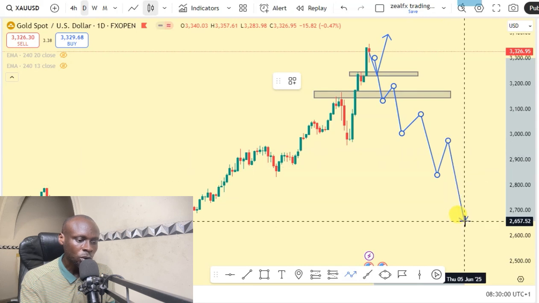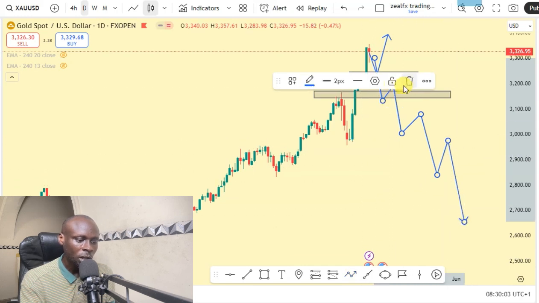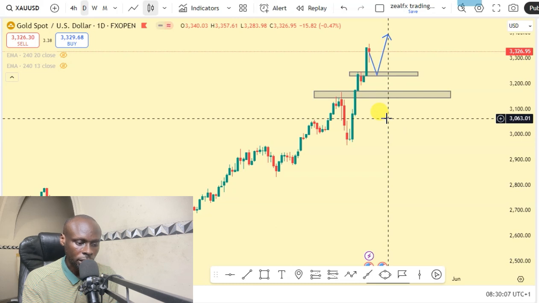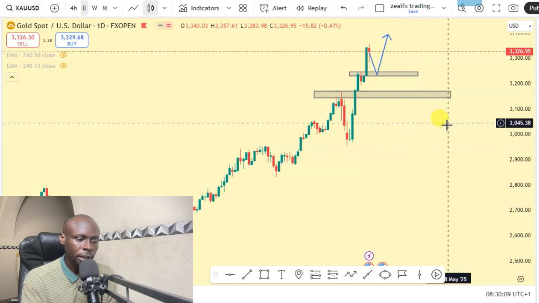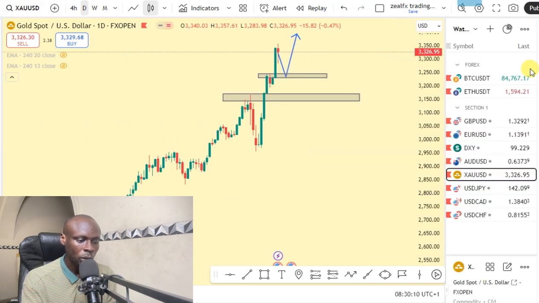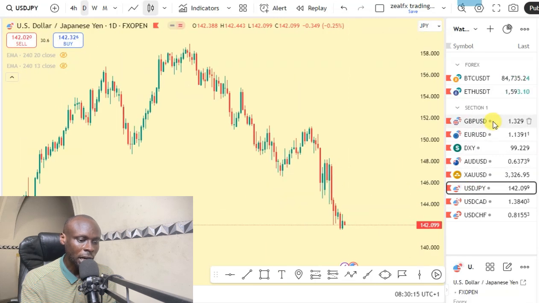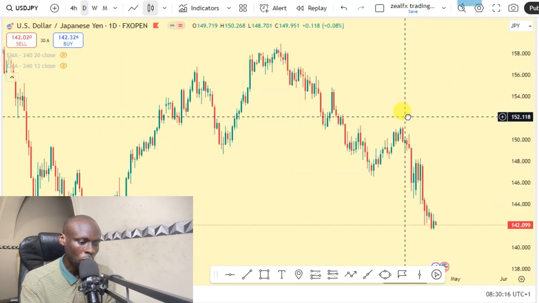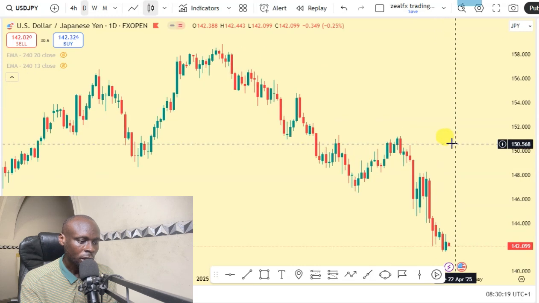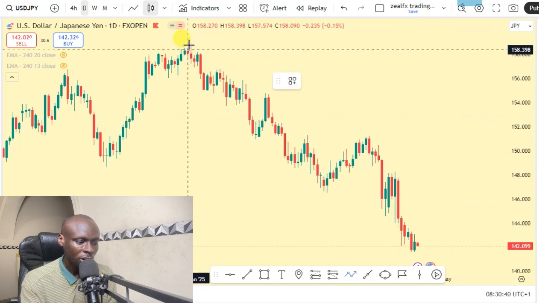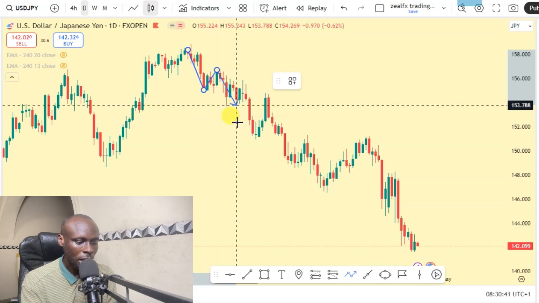So long as gold USD has a series of higher lows, we expect price to continue to push higher for the gold USD. So let's look at our next pair, which is the USDJPY. USDJPY on my daily chart still has a downtrend structure. So long as we have this downtrend structure on the USDJPY, we have a higher high, then a lower high,